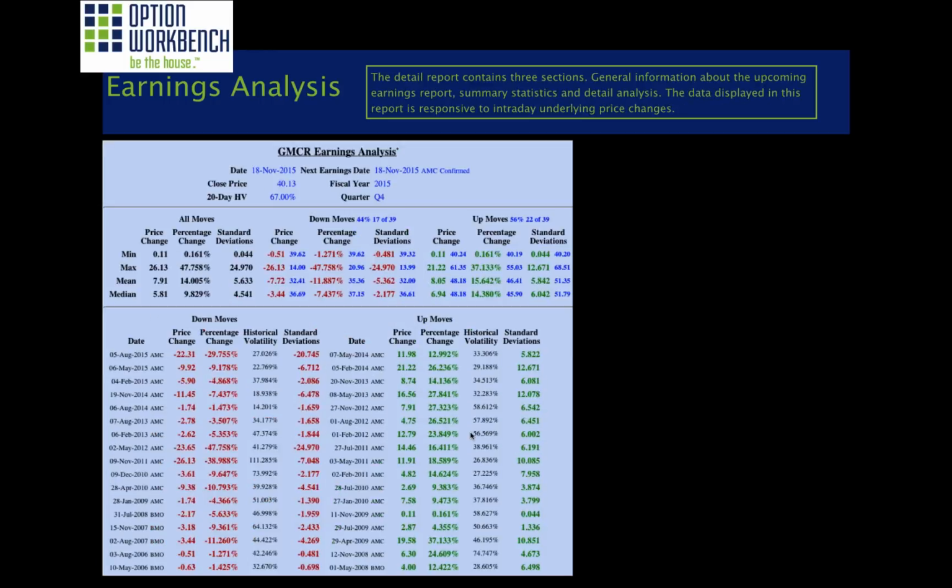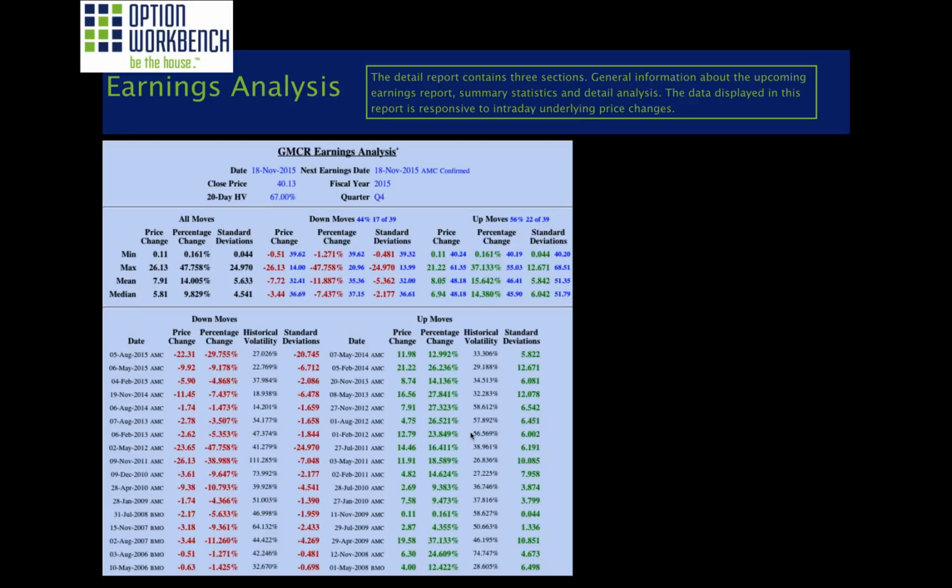So let's look at the details of the report a little bit. There are three different measures of the effective price change due to a corporate earnings announcement on the report. There is the absolute price change, the percentage price change, and the price change measured in standard deviations. The number of standard deviations is calculated using the volatility that's selected on the control bar.